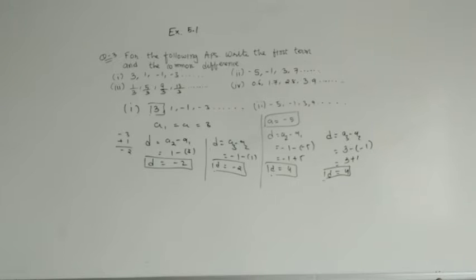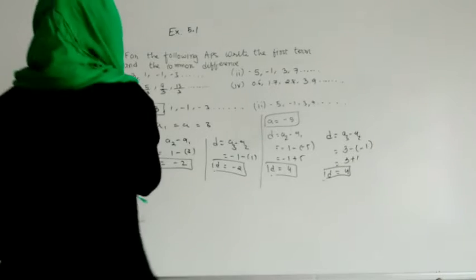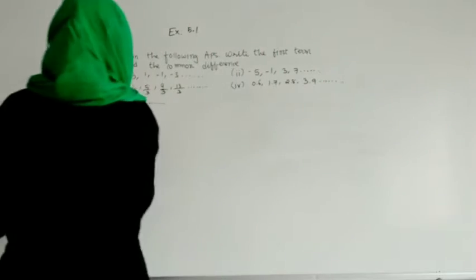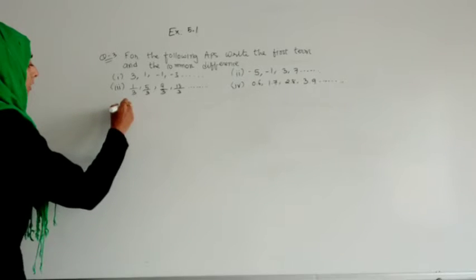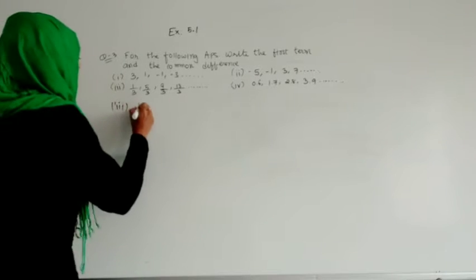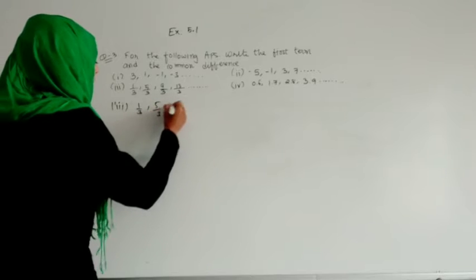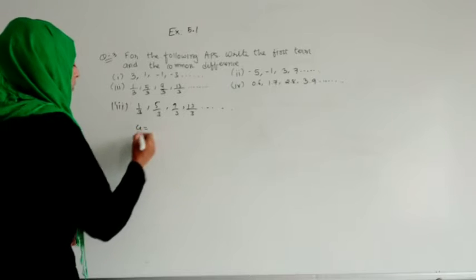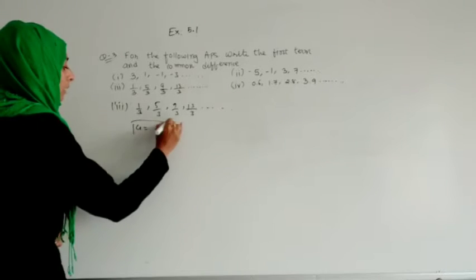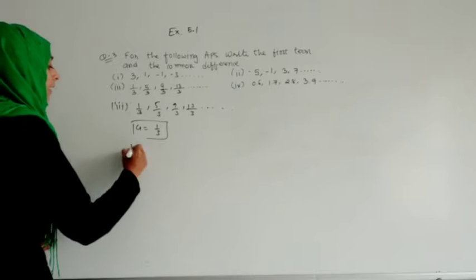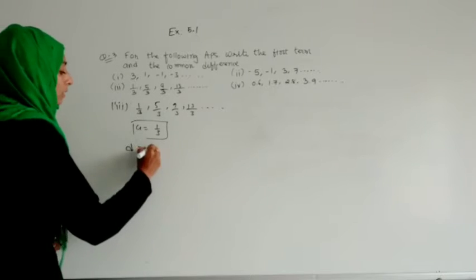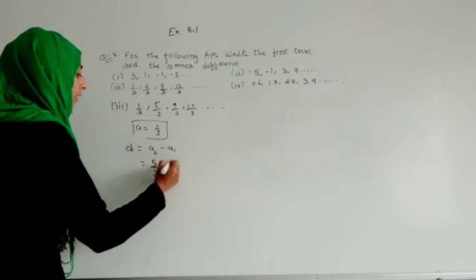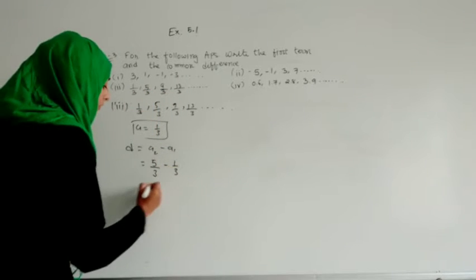Now let us do the third question, then we will do the fourth question. So here let me rub these questions and let me write another question. Okay, so here let me write the third question. That is 1 upon 3, 5 by 3, 9 by 3 and 13 upon 3 and so on. So here we want to write A, so that will be 1 upon 3 क्योंकि first term 1 upon 3 है. If we want to find the difference, what is it? A2 minus A1. So what is A2 over here? That is 5 by 3. And what is A1 over here? That is 1 upon 3.